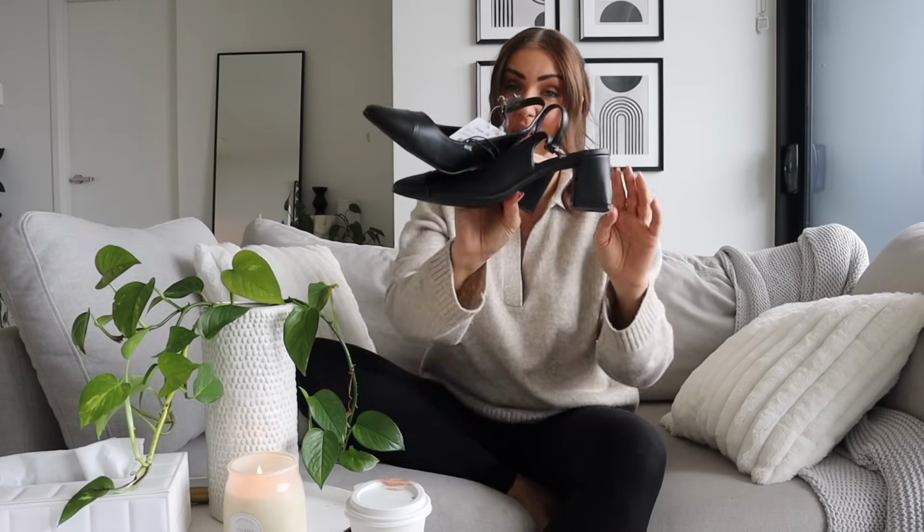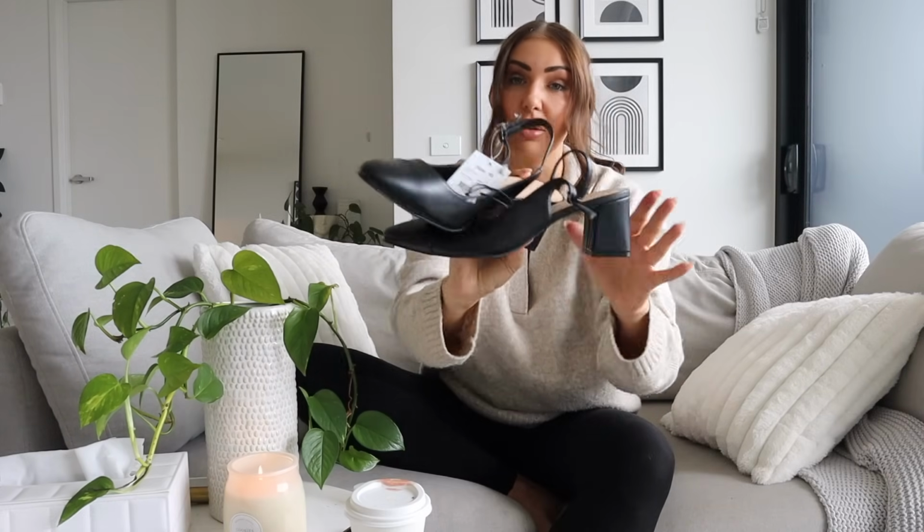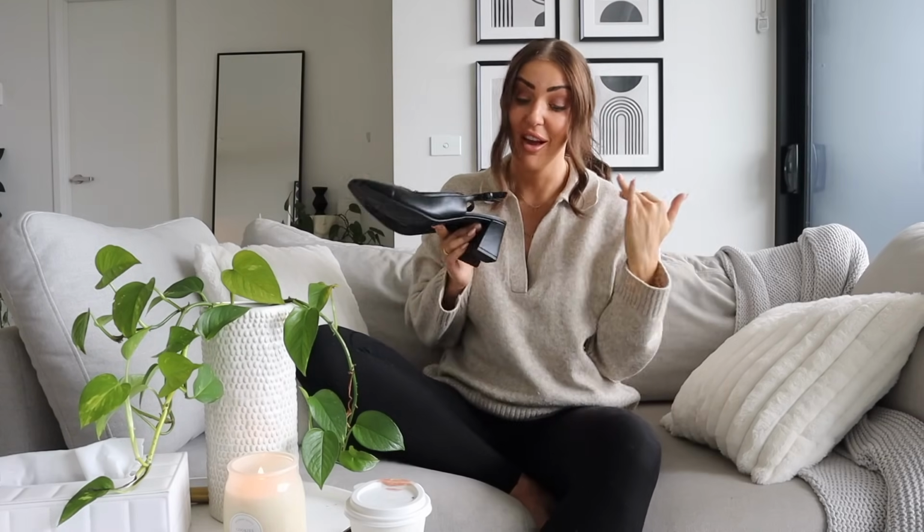especially because I'm 5'11", so having an option for a heel that can look a little bit more put together with a tailored pair of shoes, but give me a bit of coverage on my toes now that we're coming into the colder weather, because I don't want to be wearing open toe sandals, but also, like I said, just for client meetings to look a touch more put together without adding too much height,